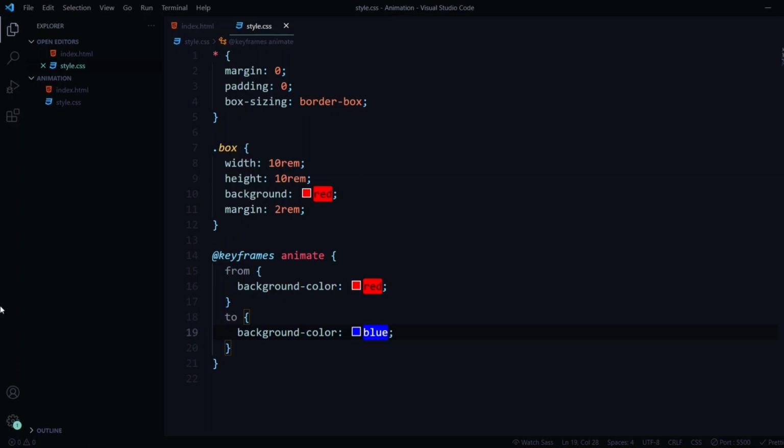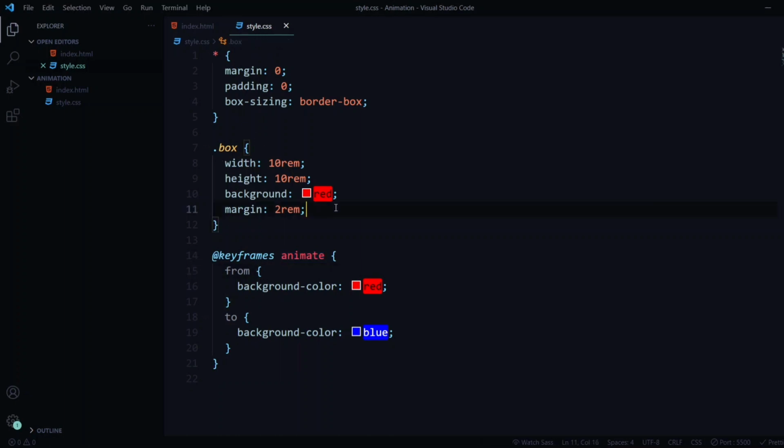The first sub property in this animation crash course is called animation name. You can probably guess what we have to enter here. What we'll have to enter is the name that we have specified in our keyframes, which is called animate. So this is the name of our animation, and this is what we'll have to pass to our element. Currently our element is box, so this is our parent element. This is what we'll pass when we add an animation name property to our box.